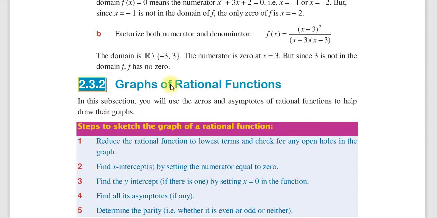Another topic, graph of rational functions. In this subsection, you will use the zeros and asymptotes of rational functions to help draw their graph. አሁን እንግዲህ zeros እንዴት እንደሚፈልግ አይተናል። asymptote እንዴት አድርገን እንደምፈልግ አይተናል። vertical asymptote, horizontal asymptote እንዲሁም oblique asymptote ብለን ፈልገን